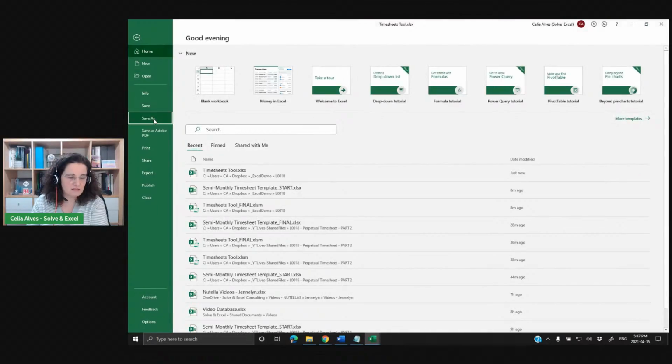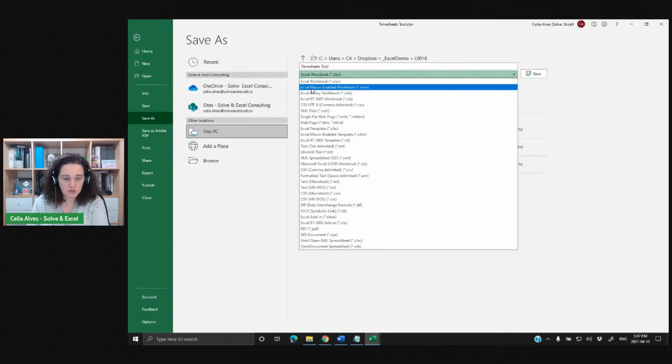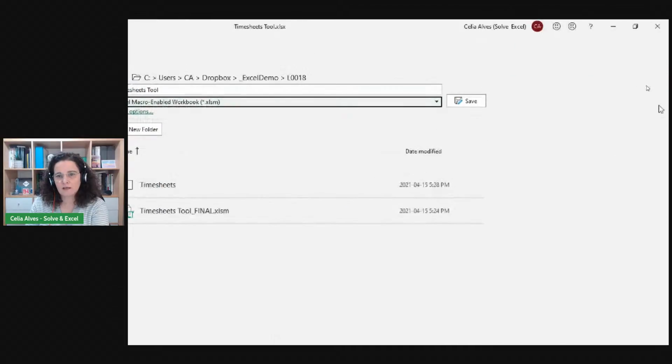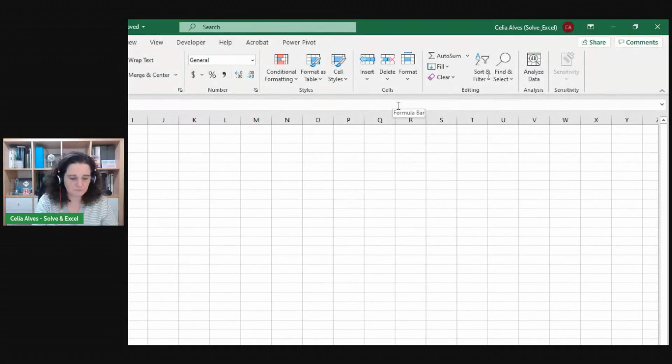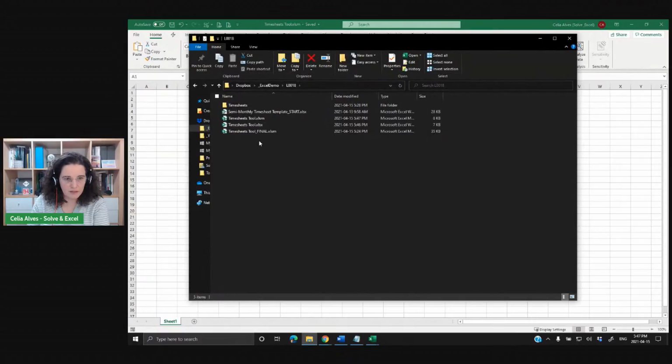Save as, although I haven't created any macro yet. Choose Excel macro enabled workbook, choose this version and let's do save. And I'm going to the folder and I'll delete the other one to avoid confusion. Okay, so we have a blank